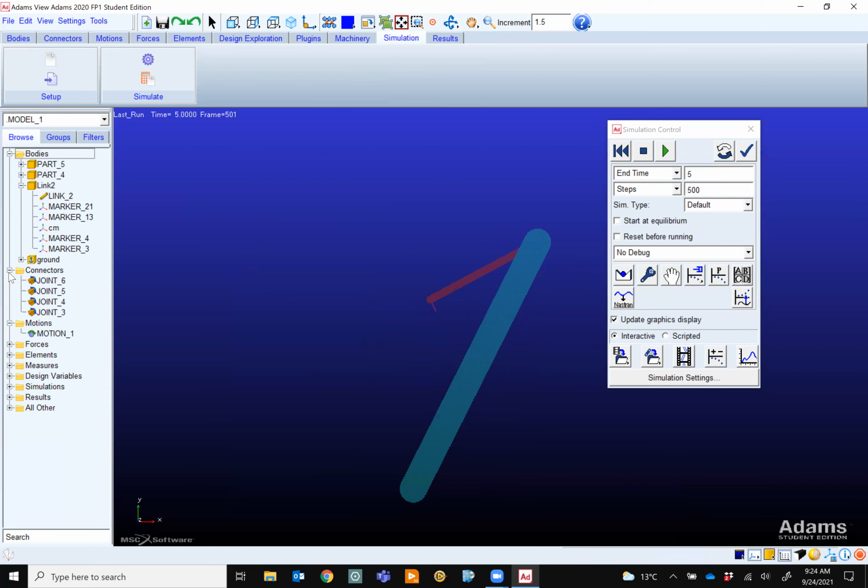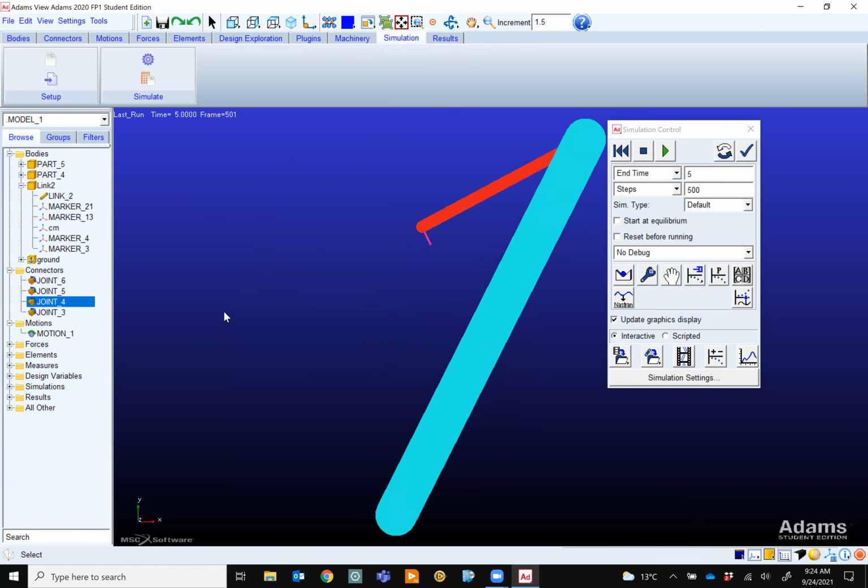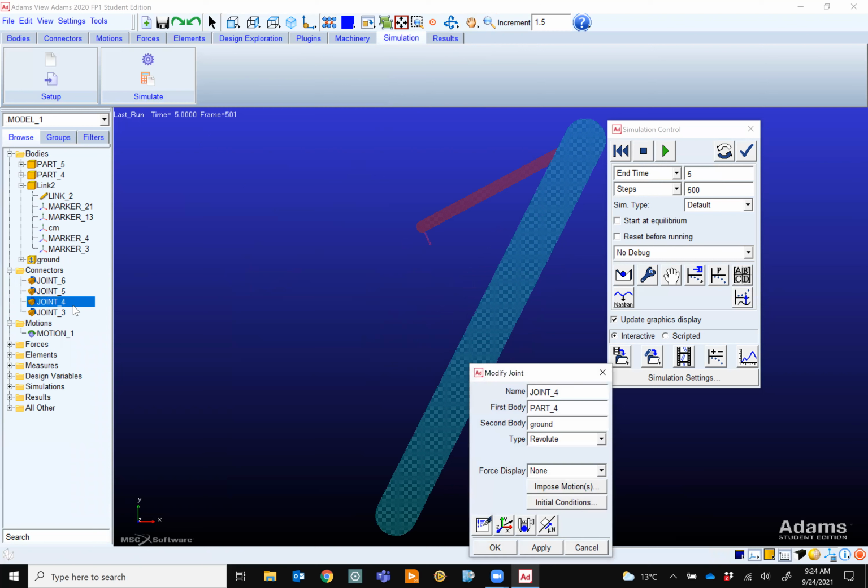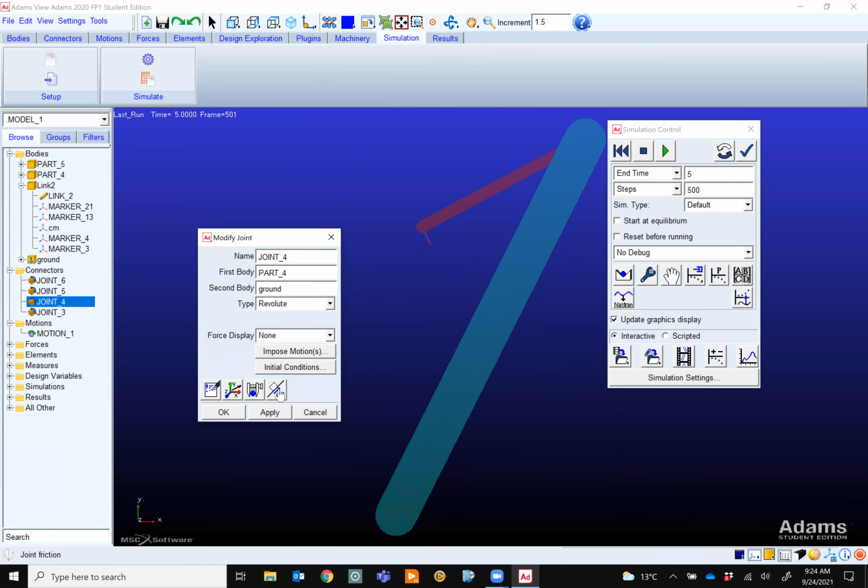If you go to connectors, let's say joint 4, let me zoom so you guys can see. Joint 3, somewhere there. That's why renaming is useful. Joint 4, whatever joint it is. If I modify that joint, I can select friction for that one. Right now, the assumption is there is no friction.